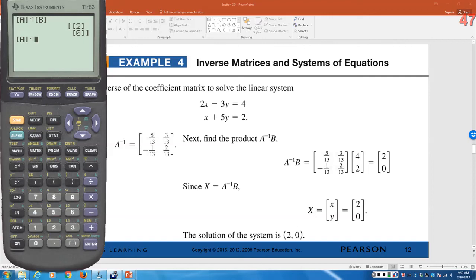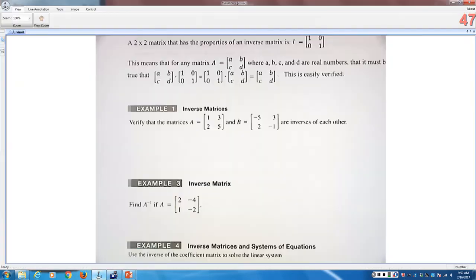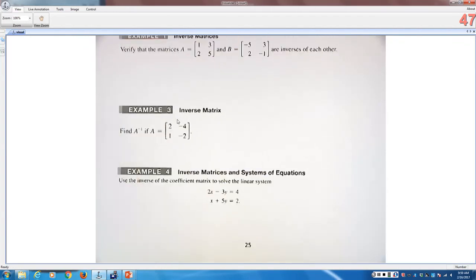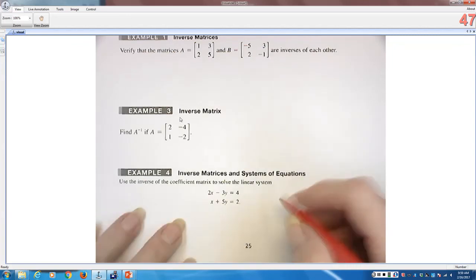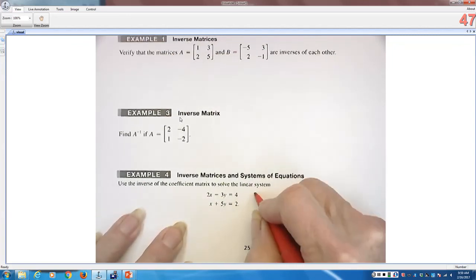And so you're clear what I would want to see on the paper. I'm not just being persnickety here, there is a reason for this, because remember, not all matrices have an inverse. If you're going to solve it using the inverse, what you have to show me is that